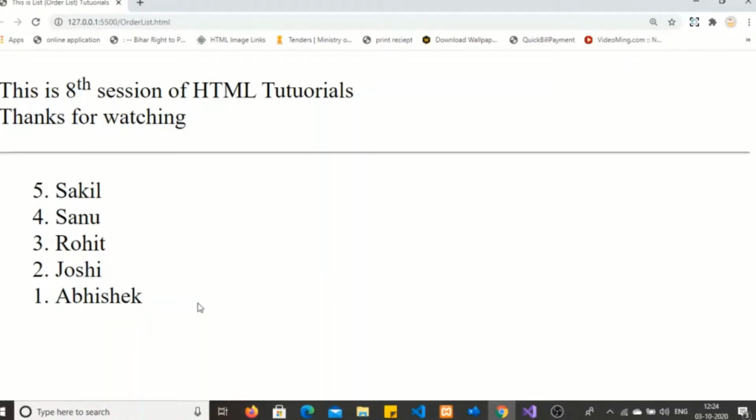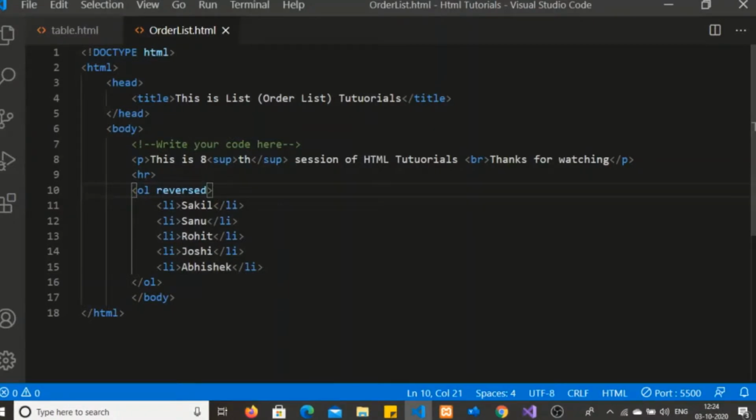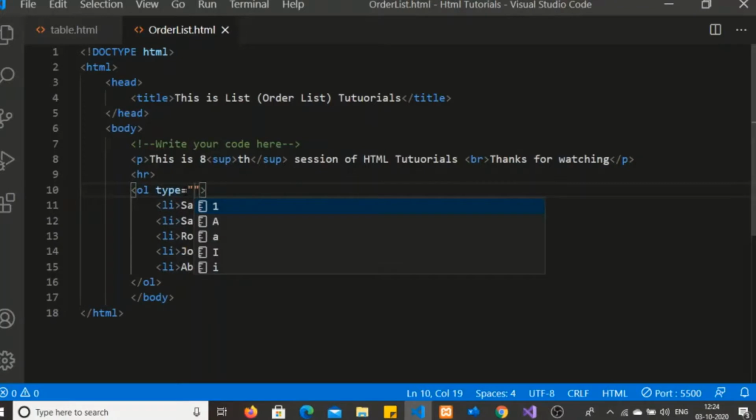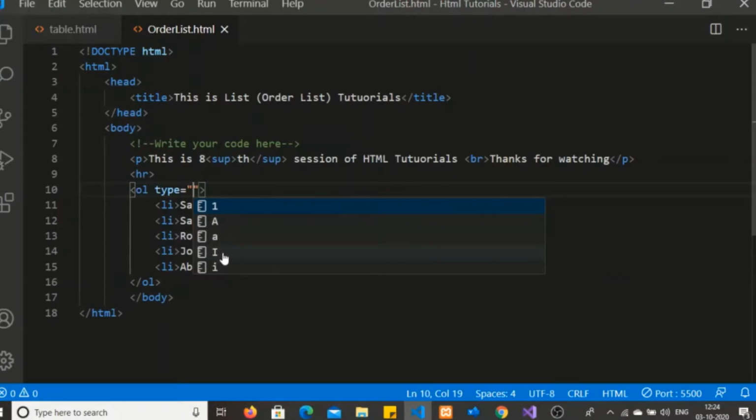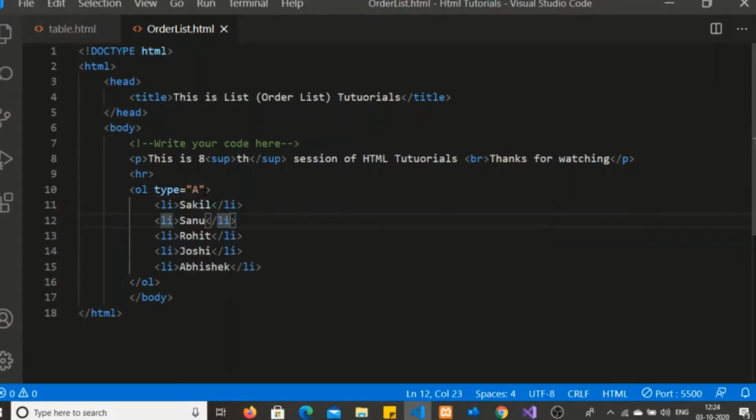Let's make some changes so that we can see the different types of list. I am removing the reversed option and adding the type attribute. As you may see here, first is numbered, second is the uppercase alphabet, then the lowercase, then the uppercase Roman and the lowercase. So I am going to use the uppercase alphabet.